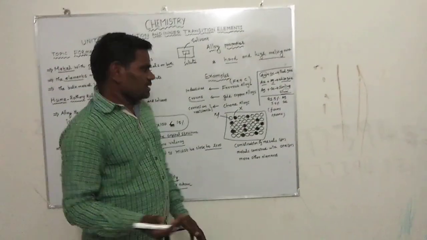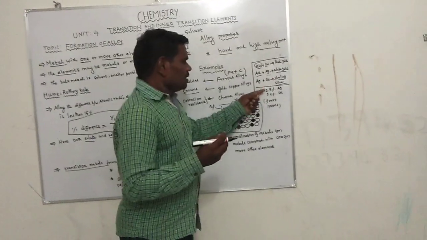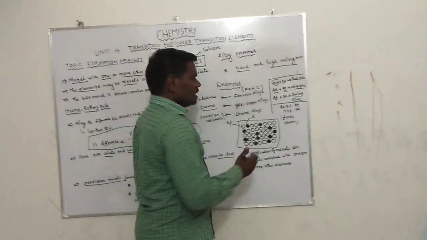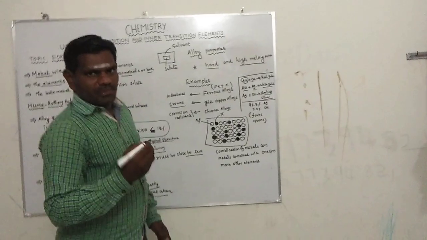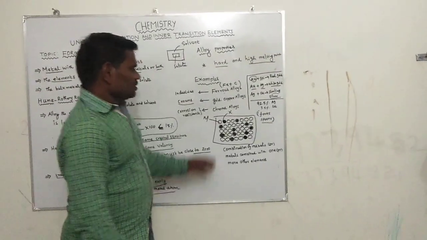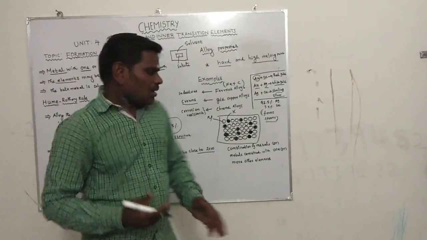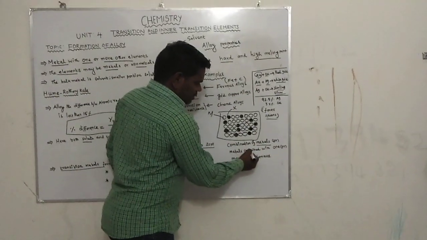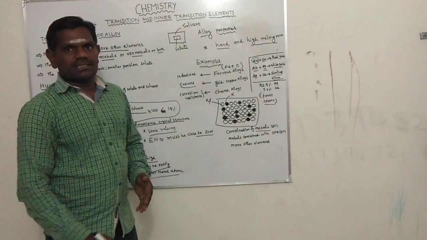Sterling silver is nothing but 92% silver and 7.5 percent copper. It is used for the manufacture of forks and spoons and the like. So alloys are nothing but the combination of metals with one or more other metals.